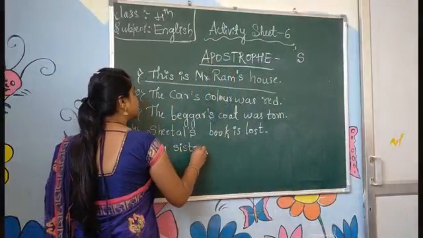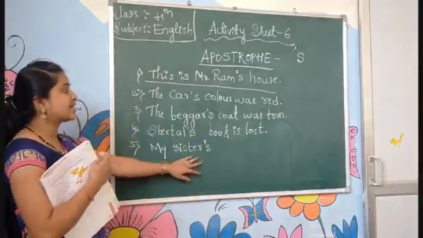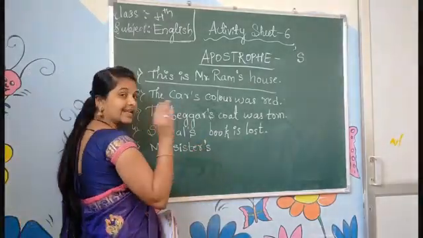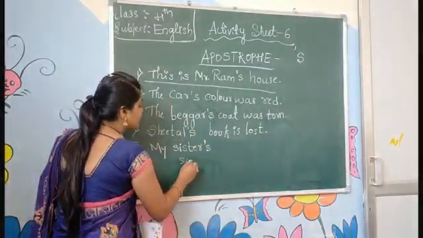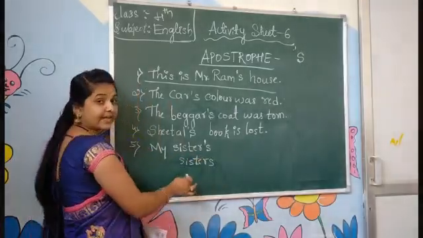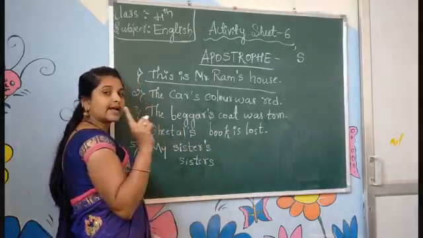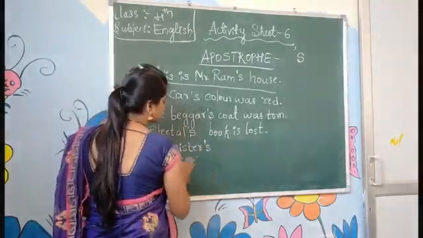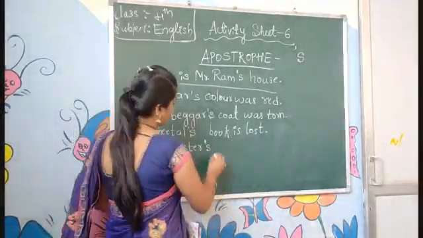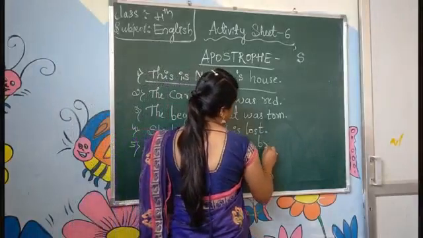My sister's. So don't get confused. ಇಲ್ಲಿ sister's ಅಂದ್ರೆ plural form ಆಗೋದಿಲ್ಲ. So when you write apostrophe s, it is singular only. Otherwise if you write sisters like this, it is plural. ಆದರೆ apostrophe ಹಾಕಿ s ಹಾಕಿದಾಗ ಅದು singular ಆಗಿ ಇರುತ್ತೆ. Yes. My sister's eyes are brown. Eyes are brown.